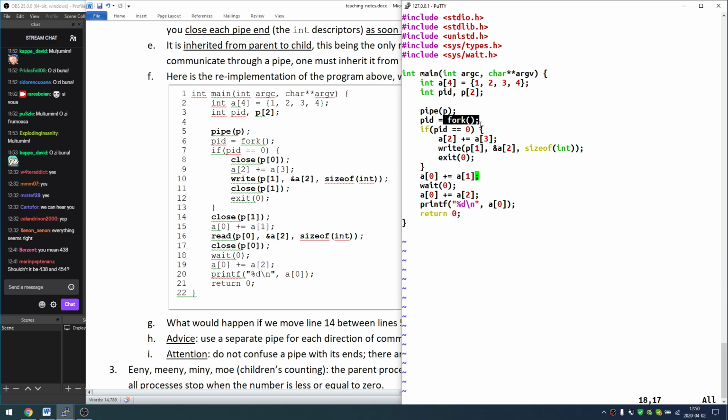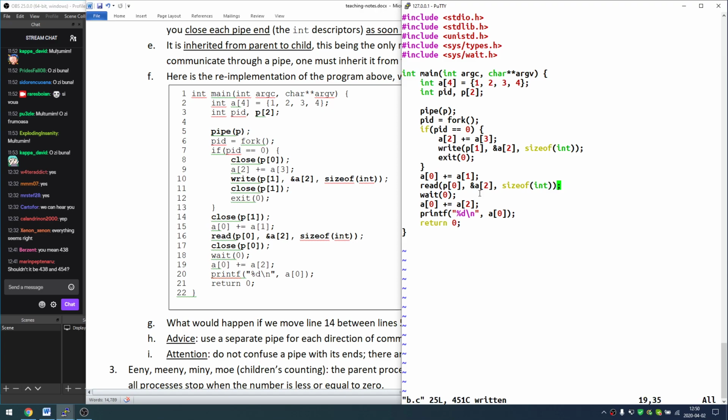And the parent, once it's done its addition, will read from the pipe using the reading end. You see, the child wrote using the writing end. Now the parent reads using the reading end, and is going to read in the same position, A of 2, size of int,